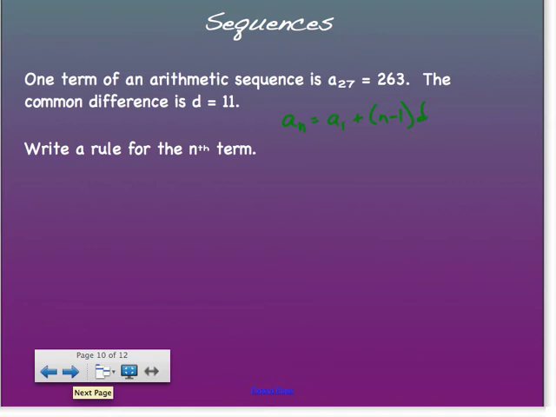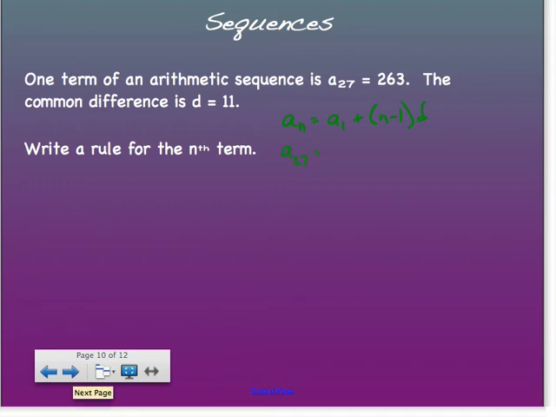Okay, now, I know the 27th term. So in this case, n is 27. So for the time being, I know for sure at least that when I plug in 27 for n, I get out 263. Okay, so first thing I'm going to do is this. I'm going to say a sub 27 equals